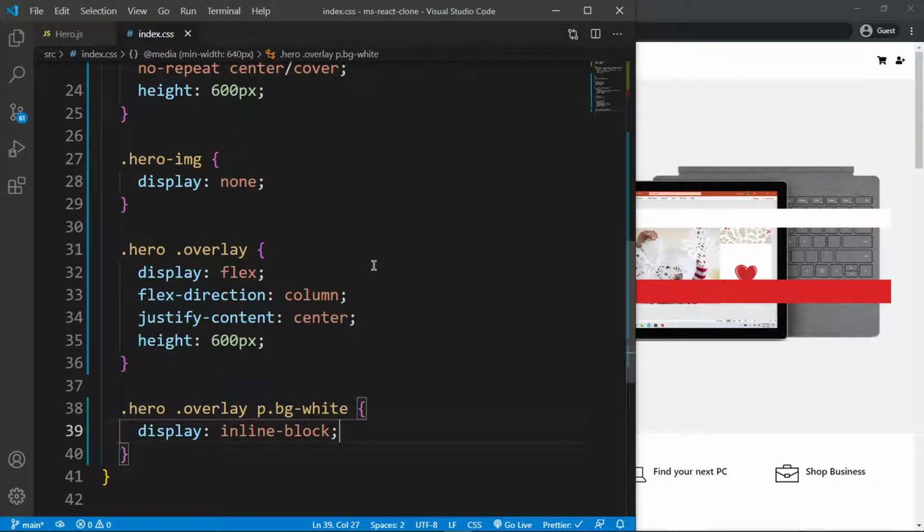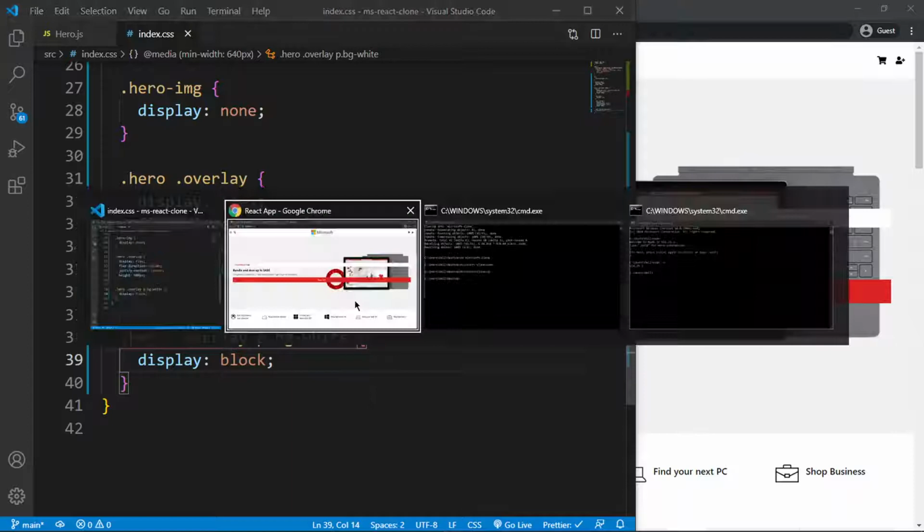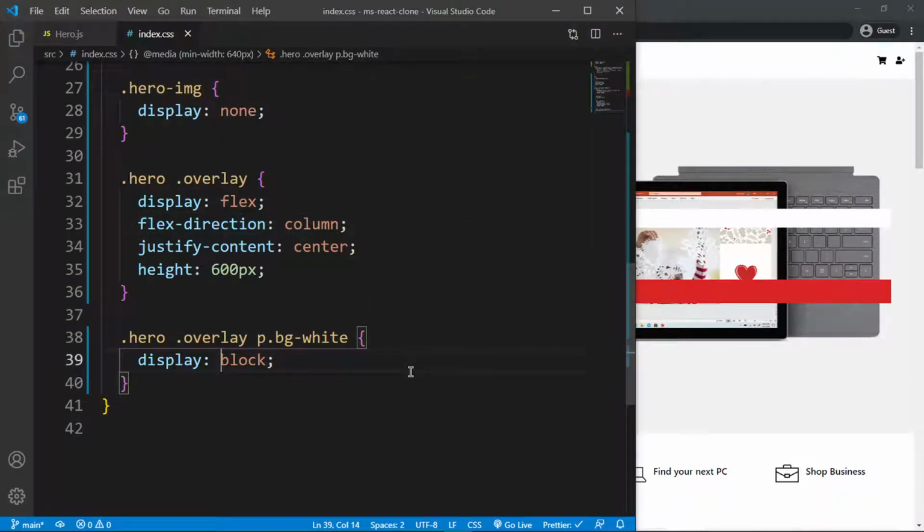block. But that doesn't work. Why doesn't that work? Because it's a flex item. It doesn't work because it's a flex item. Is that it? So if it's a flex item, I can do something cheesy on it. I can say something like